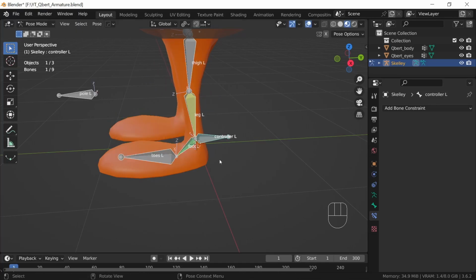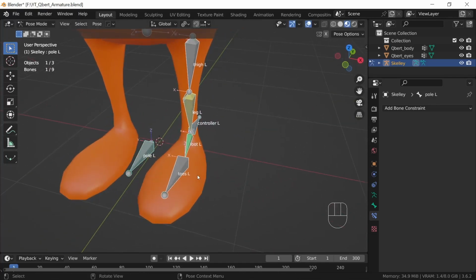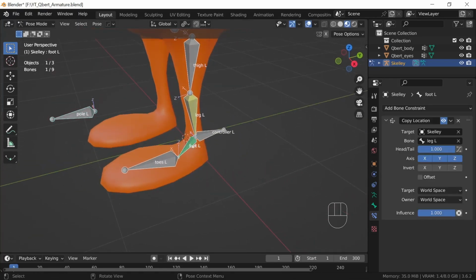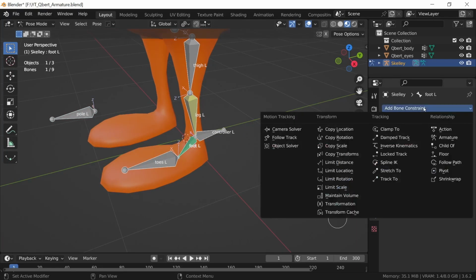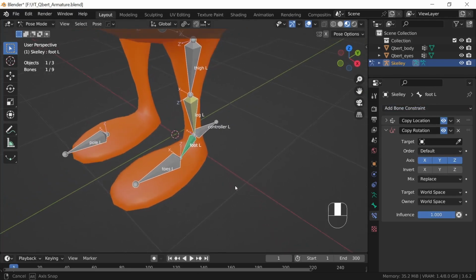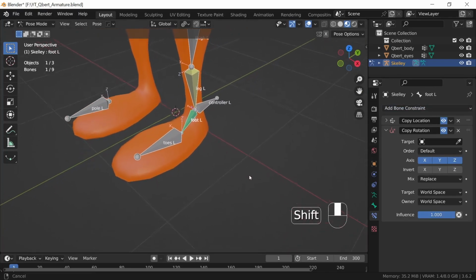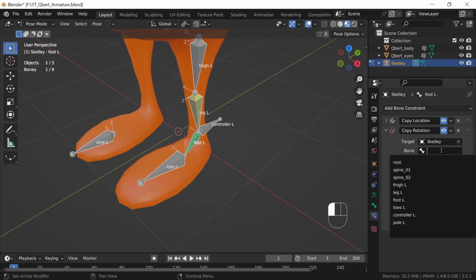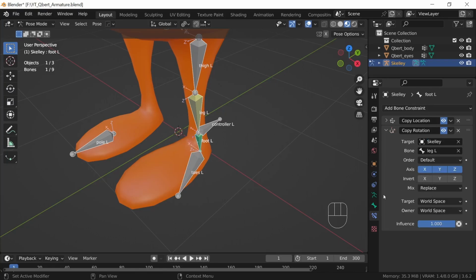But there is an issue. If I select my pole target, you probably figured this out, my foot isn't following it. Well, we can come back into the foot bone here, or the start of the chain, and we can add another constraint called copy rotation. So you may be asking, well, why did we get rid of inverse kinematics if all we're doing is following the rotations as well? Well, the reason being is because we can target the armature, target the leg, and now I can check off X and Y and only do the Z. So I can control the rotation